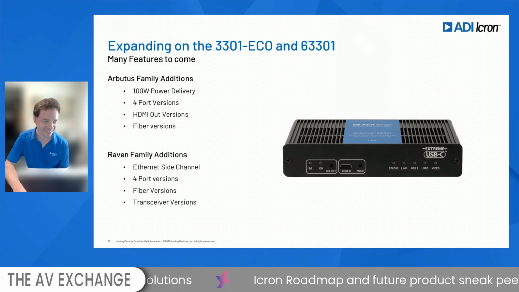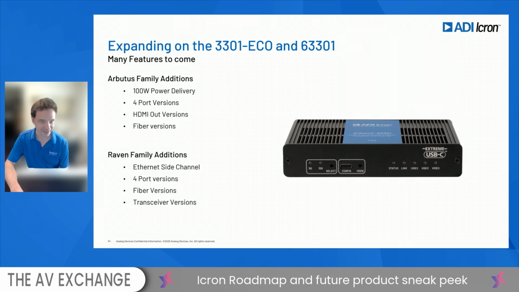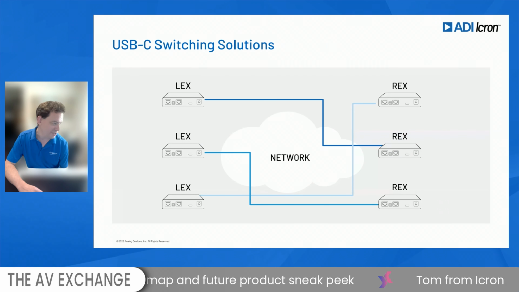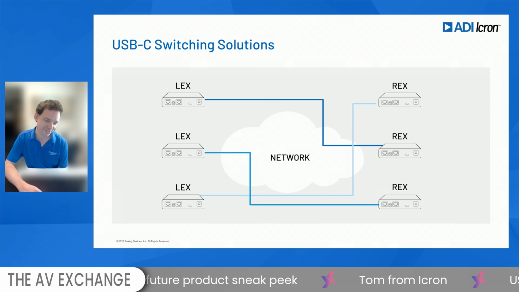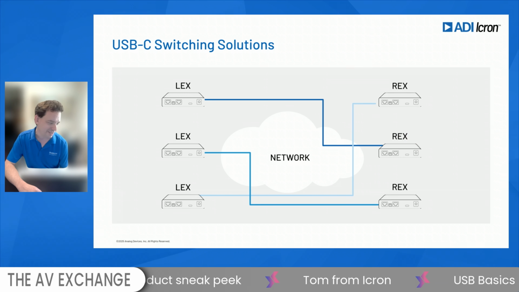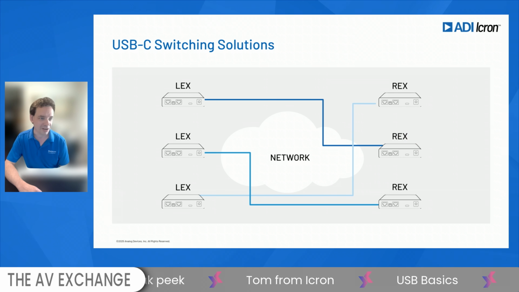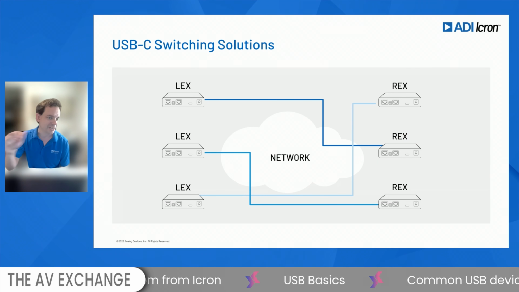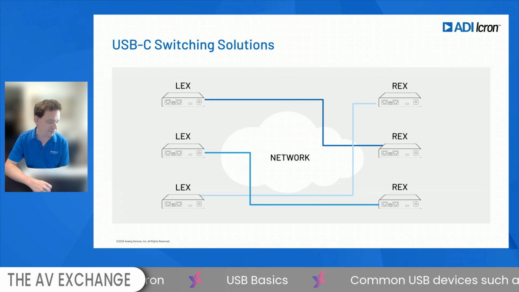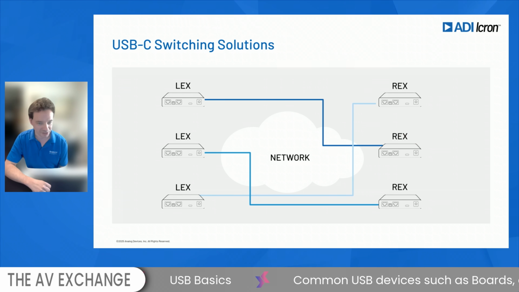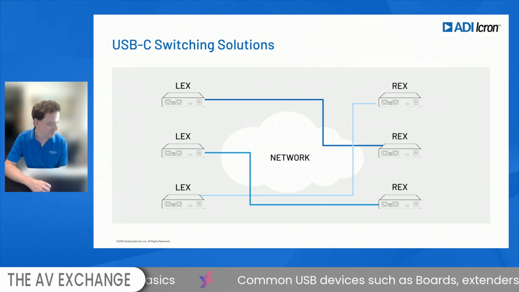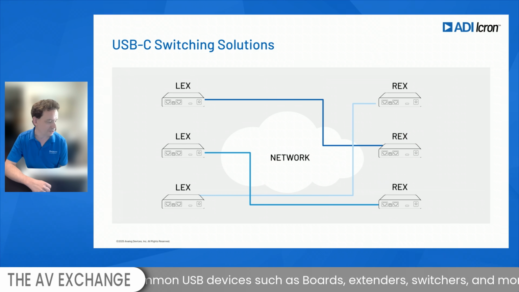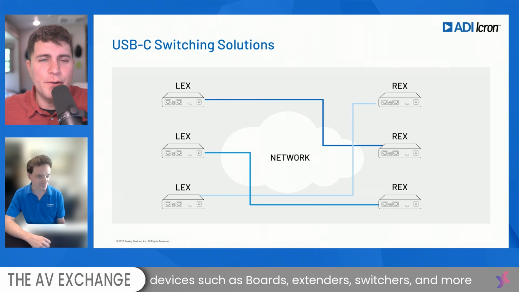Yeah, exactly. And then you know what? Point to point is great, but what if it goes over a network? Now you can make it switch and do all sorts of fancy stuff over a LAN. We'll have versions with a moniker of dash LAN after. So it'll be like the 3301 dash LAN, and now this goes over a network. You can do switching, and we provide APIs, and you can build into your control network and all those kind of fancy things. So these are all coming in the next 6 to 8 months. You'll see a lot of stuff from us. I'm all about the roadmap and what's coming down the way.